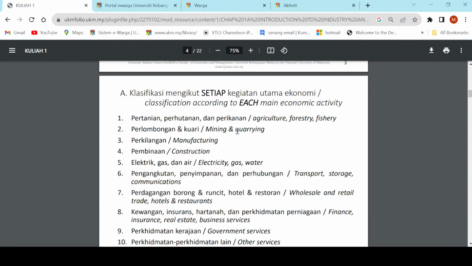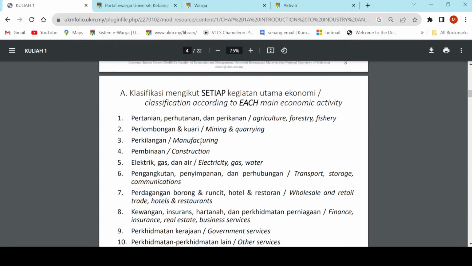Number two, mining and quarry. Number three, manufacturing. There are so many types of manufacturing: wood, food, car, computers, but all are under one item,